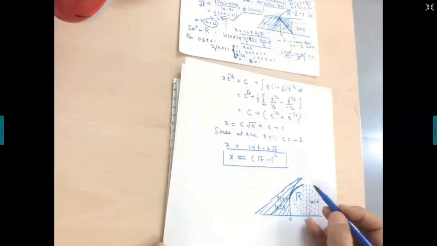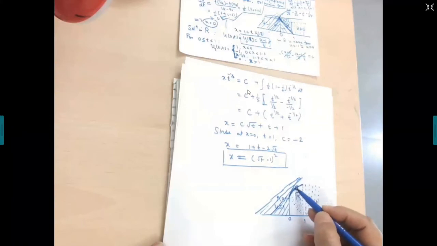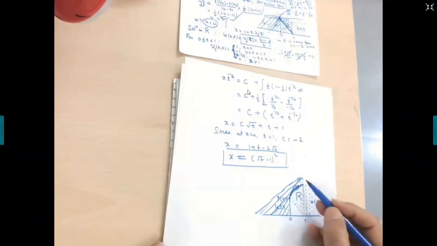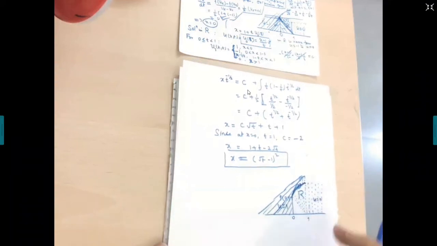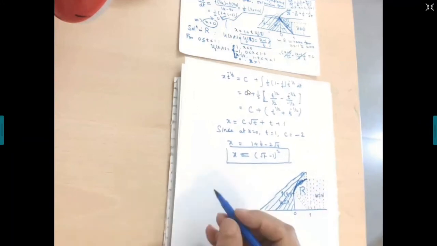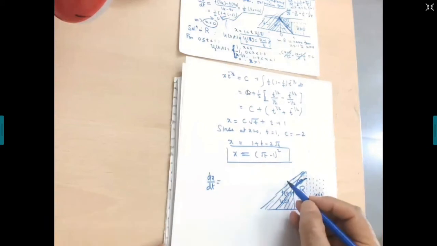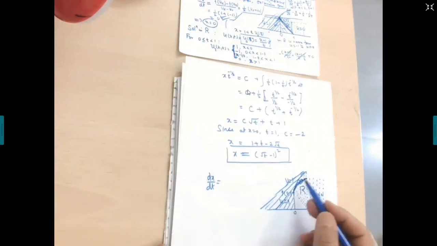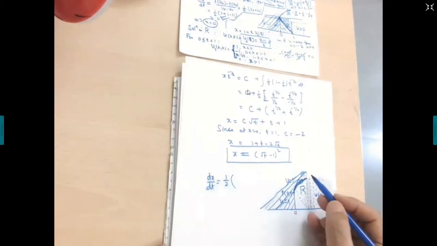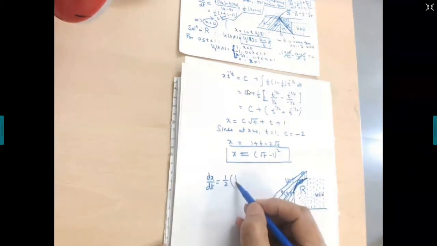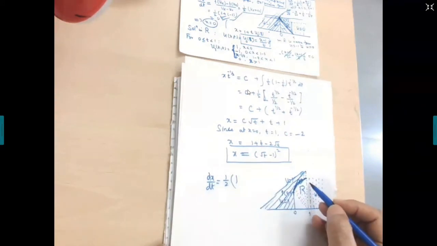Now, I have taken this as the shape, so it will go like this. This is your region R. Beyond this, it interacts with this fan, with this constant state. So what is dx/dt? What is the constant state? On the left of this, U is equal to 1. On the right of this, U is equal to 0.